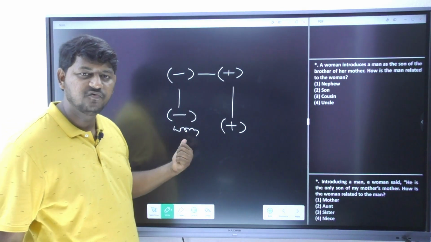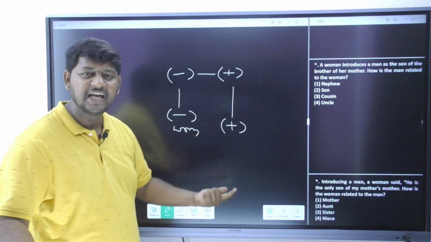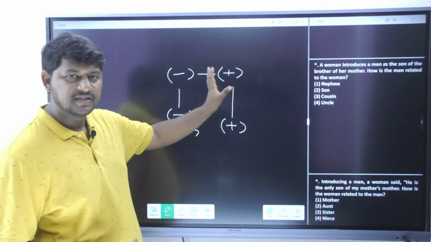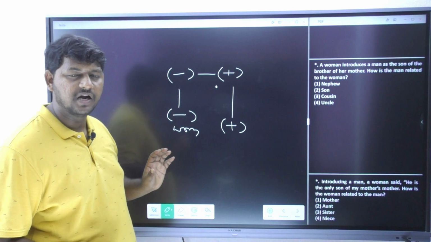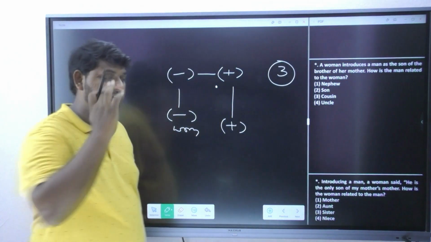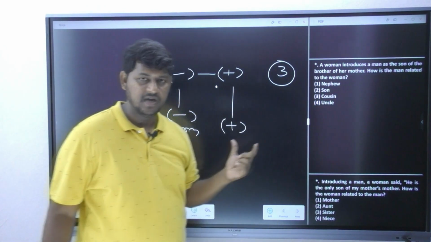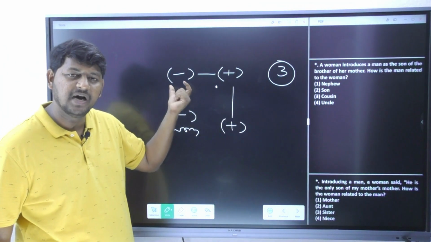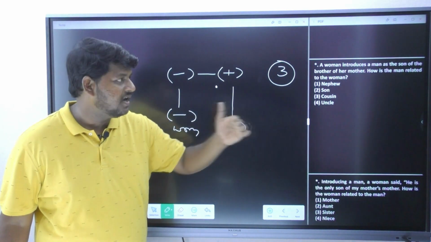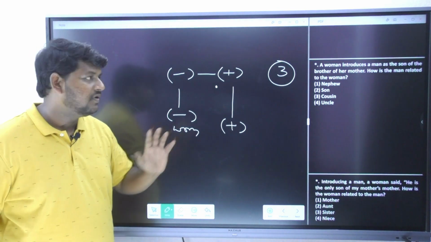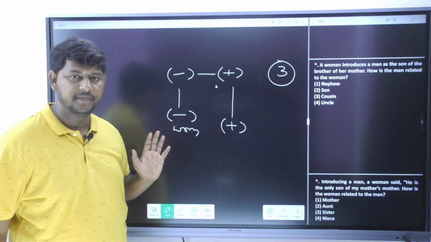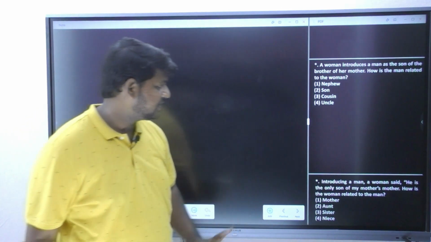Now how is this woman going to call this person? Very simple strategy. Your son or daughter of your uncle or aunt is going to be a cousin. That is your answer. See, I started from her mother. Her mother is nothing but woman's mother's brother's son. She is introducing the son of the brother of her mother, rewritten in this format. Okay, let's move on to the next question, please.